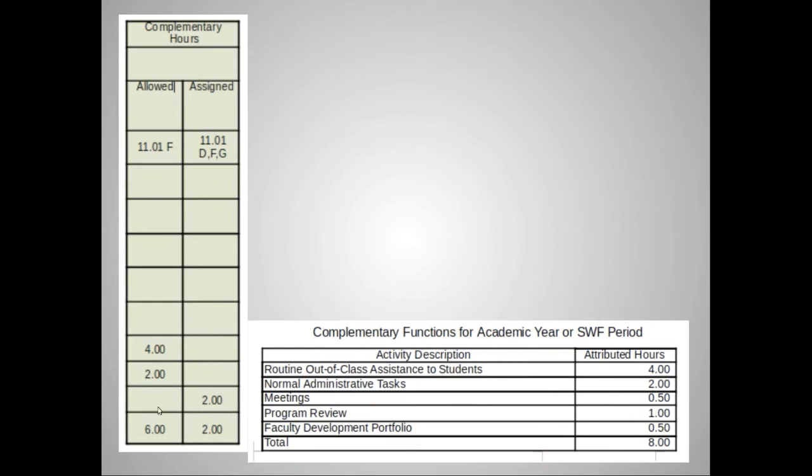So these hours are all carried over from the list of complementary functions on the back of the SWF or below the line. And these would be where they are all totaled based on which ones are allowed, which is to say required by the collective agreement, out-of-class assistance to students, and normal administrative tasks, and which are assigned. And again, assigned must be identified, must be listed and enumerated with a specific number of attributed hours for each